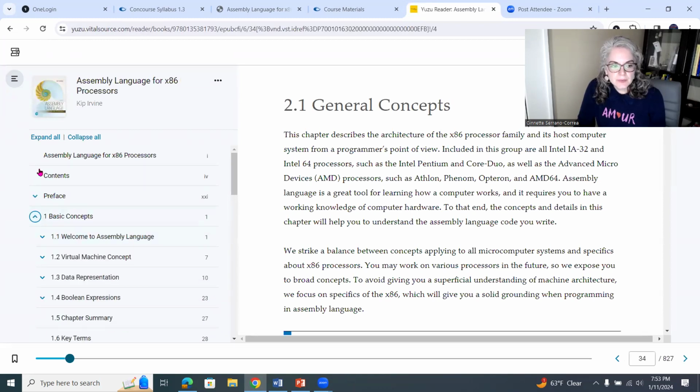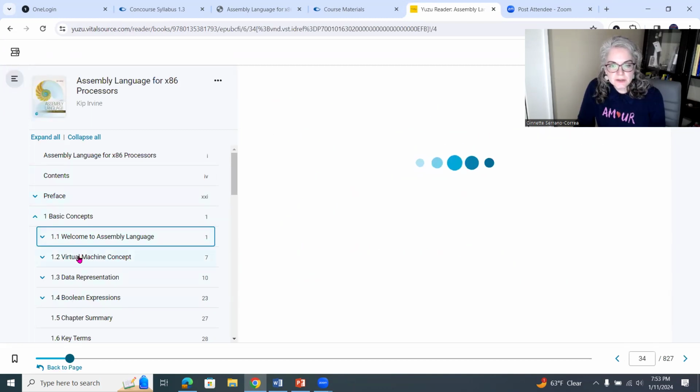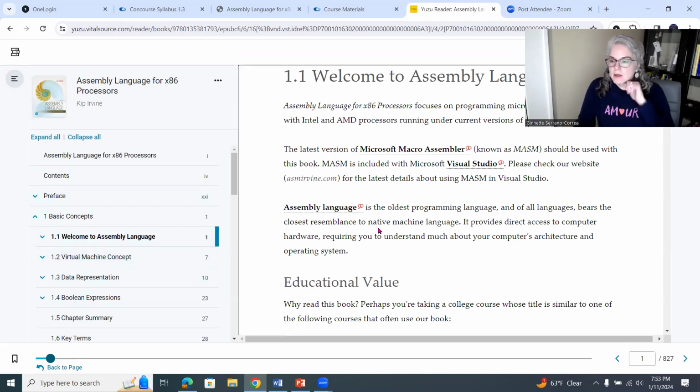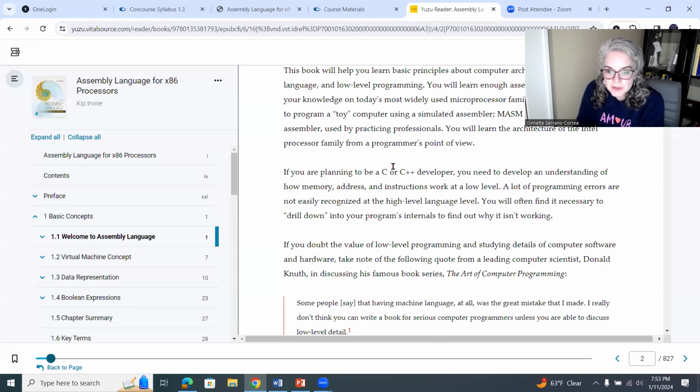So here on the left-hand side, you see all your chapters. You can click on these three lines to hide the table of contents to make it bigger, and skip to whatever sections as you're reading and looking. It's a pretty good book. There are some things that you read and you need more explanation, and this would be where I'm going to give you the explanation in the videos, or you could go to ChatGPT and say, I didn't understand this term or what this is, and it gives you more information.